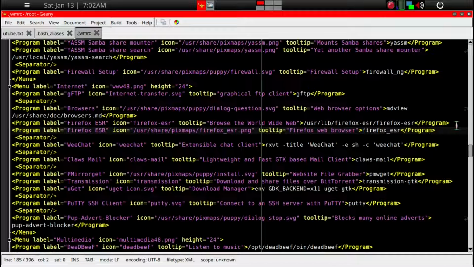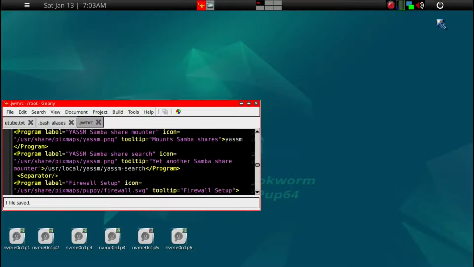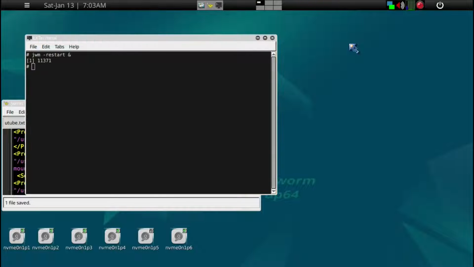And I think there's a default Control K that does that. So there's elimination of said Firefox ESR, and then we'll close, and then just gonna make it small again, and then just gonna start the JWM restart, since we made changes to the menu, and then